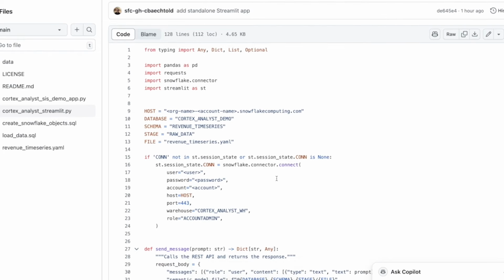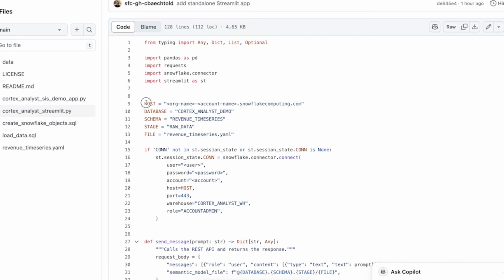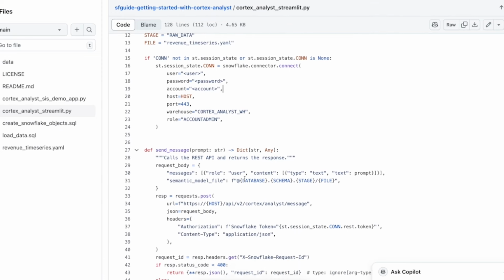So to get this up and running yourself, you'll want to open up this .py file locally, and you'll just need to change a few of these parameters here. So you'll need to supply your Snowflake account URL, which will be your org-account name, .snowflakecomputing.com, or if you don't use organizations, it'll just be your account name, .snowflakecomputing.com. And you'll need to specify your username and password and the account URL here in these 3 lines. Basically, that just allows our Streamlit app to connect to the Snowflake account and authenticate